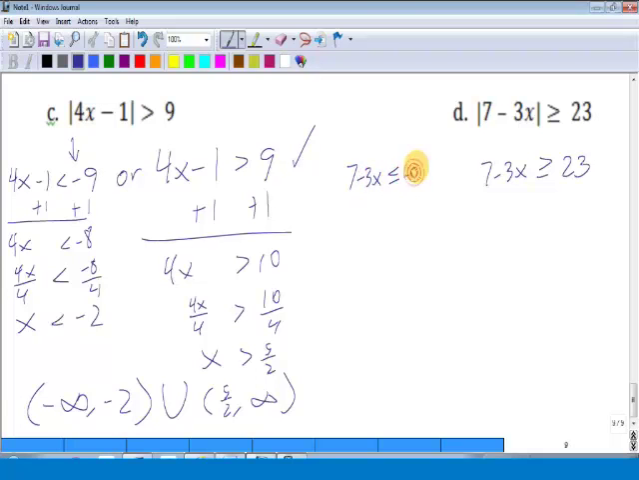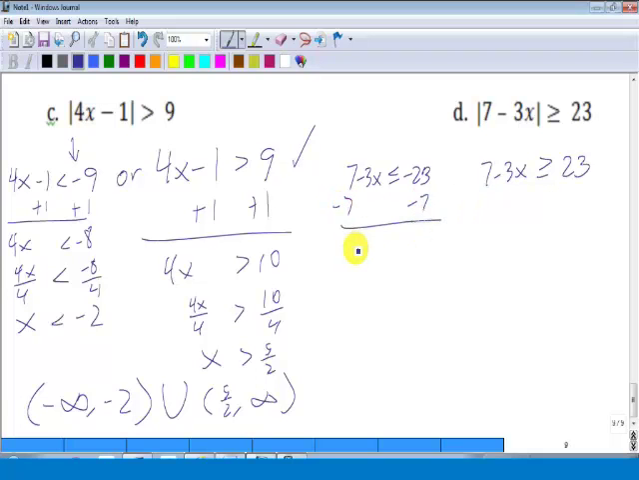Negative 23, negative 24, negative 25, negative 26. They're all 23 units or more away from 0. When you think about it, they're there. So 7 minus 3x could be one of those, negative 25, negative 26, negative 27, and have absolute value greater than or equal to 23. So